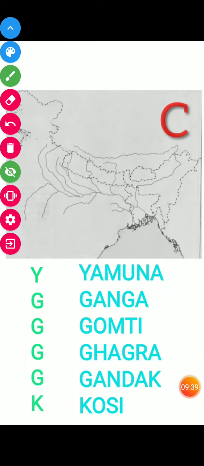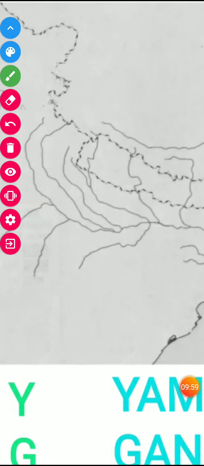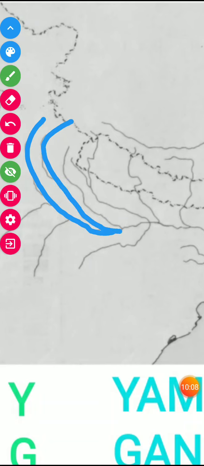So Y stands for Yamuna. This is river Yamuna. Then the second river, the most holy river of India, is Ganga. This is Ganga, the longest one here. I will repeat it. Let me zoom in a little. So the first river is Yamuna that joins Ganga. The second river is Ganga, and this middle one is river Ganga. Yamuna, Ganga. Then the third one,